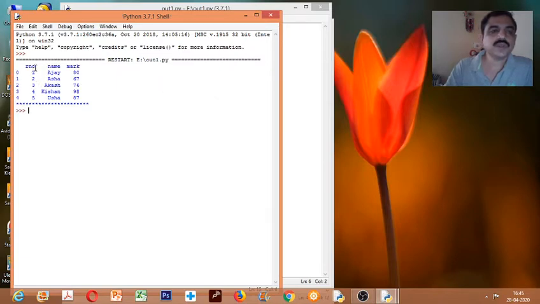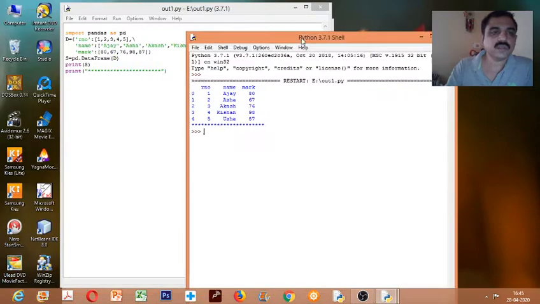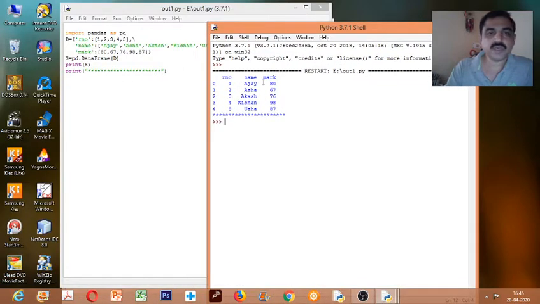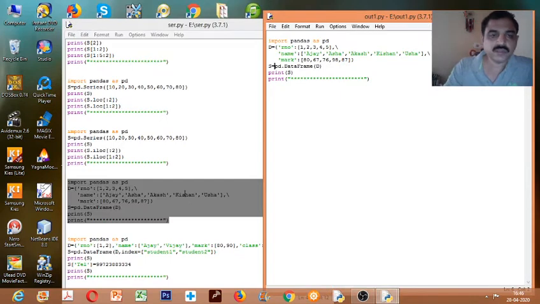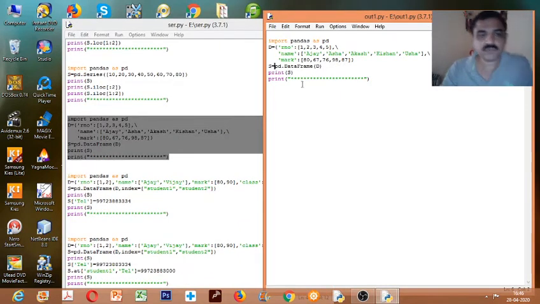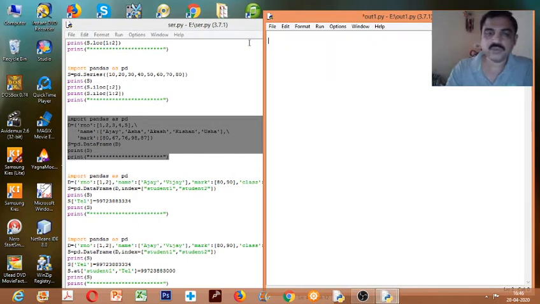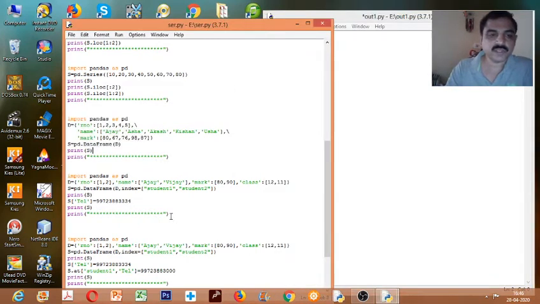Yes, you can now see here the keys, roll number, name and mark, are considered as column headings. Values are 1, 2, 3, 4 and the names and their marks. That's how it is displayed here. We have not specified any index, so by default the default index is displayed. So this is how a data frame works. Now with the data frame we'll pass an index value also.